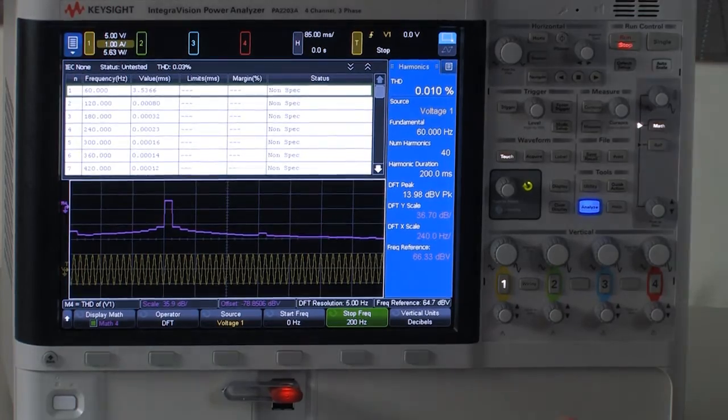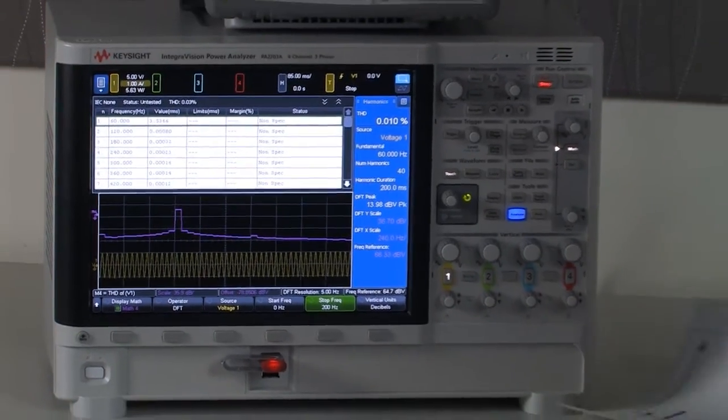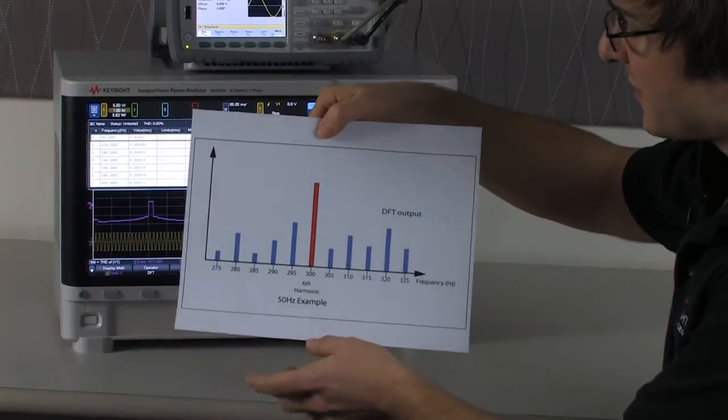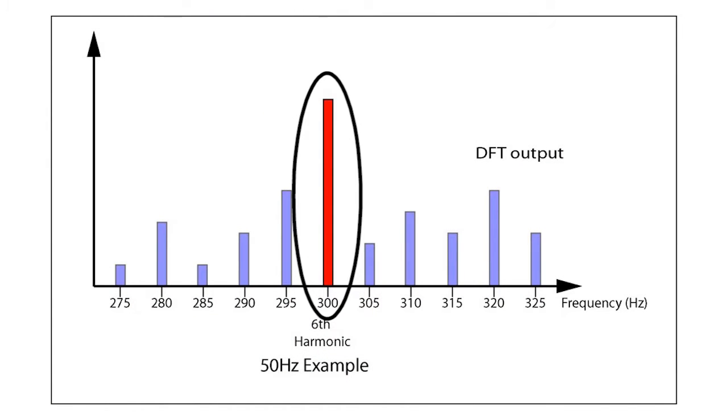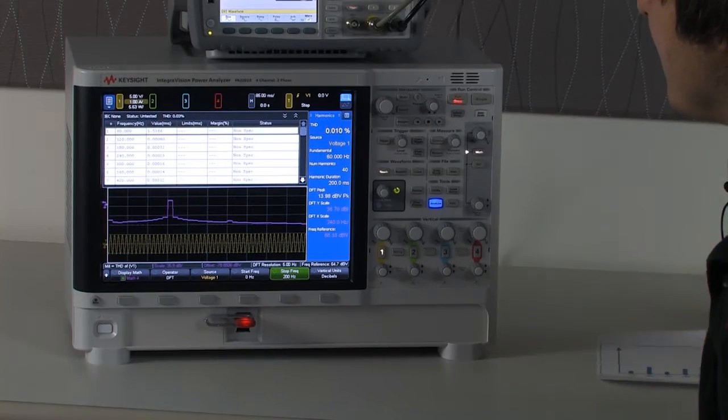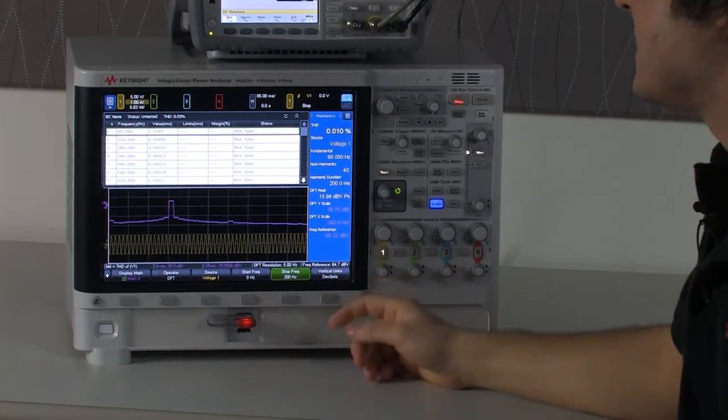Now I'll be defining a few terms here. Referring to this figure, I'll be defining the pure tone as the frequency content at exactly the harmonic frequency. The inner harmonics I'll define as all the frequency content between pure tones. And a harmonic group is what this picture shows as half of the inner harmonics to the left, half of the inner harmonics to the right, summed together with the pure tone.